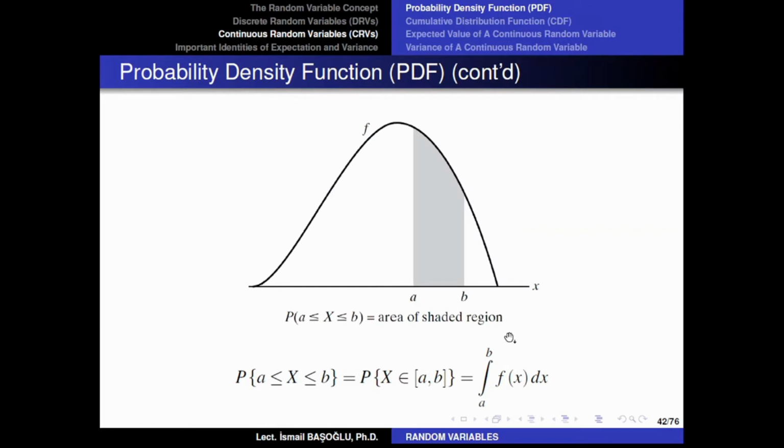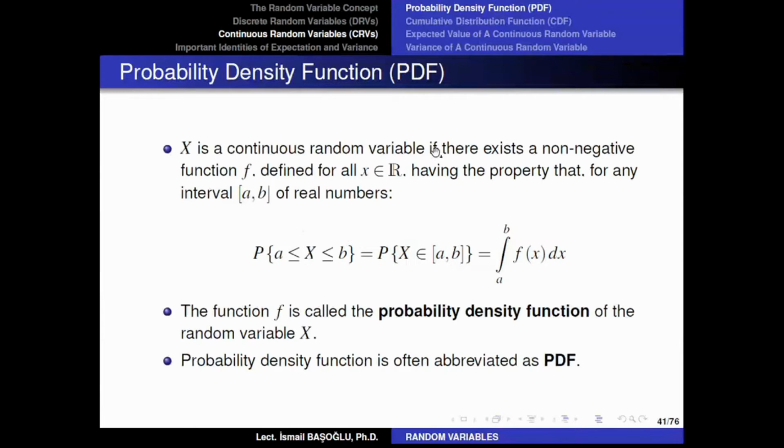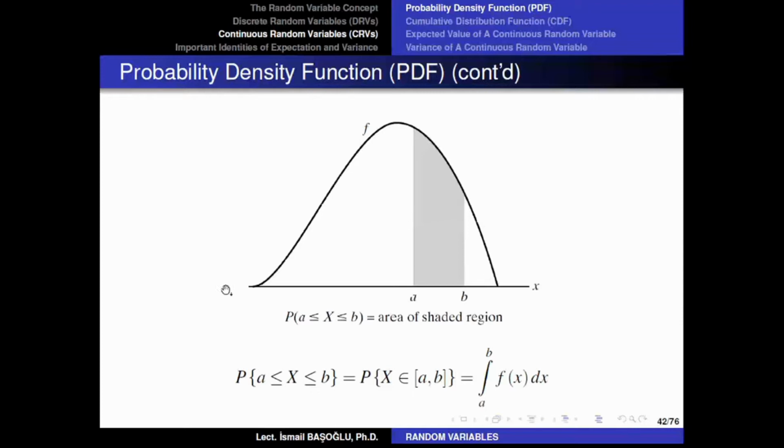So let us give the physical meaning of the probability density function. Now, remember in the previous page, it says f is a non-negative function. So it is going to be a function which is either 0 or above the horizontal axis. So we have the horizontal axis here, and the PDF is going to be a function like this. It's a non-negative function, which can never take negative values. Now, if you are interested in the probability of x being between a and b, then you are going to integrate the function f, just like here, between a and b.